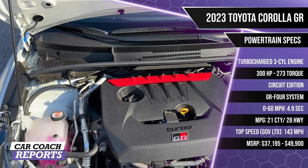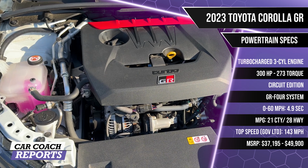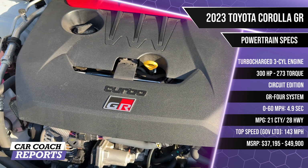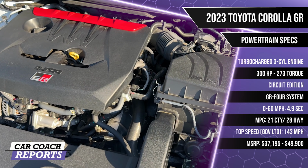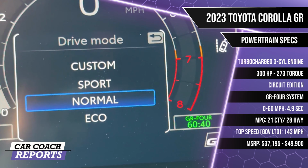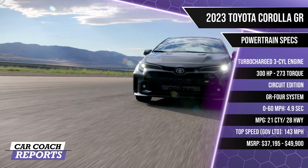Under the hood is a 300 horsepower turbocharged 3-cylinder engine with 273 pound-feet of torque, backed by a 6-speed manual transmission, which is the only transmission available. The rev-matching feature is standard. There's also a multi-mode all-wheel drive system, which includes a sport-tuned suspension,